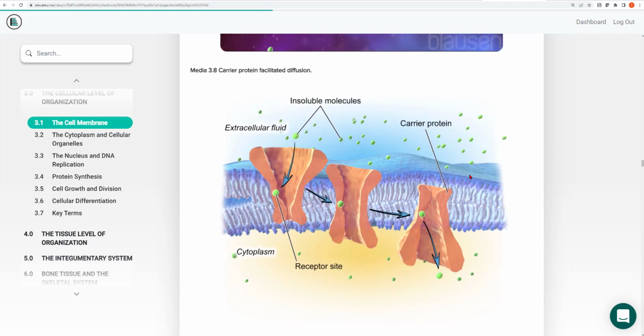We see the same idea here, right? So in this picture, all of these molecules, let's call them glucose for the moment, are at a much higher concentration outside. They want to come inside, but they must travel through this protein carrier. So basically it opens up from the outside, allows molecules to come in, and then it changes shape, and the molecule is then able to travel through and enter into the cell.